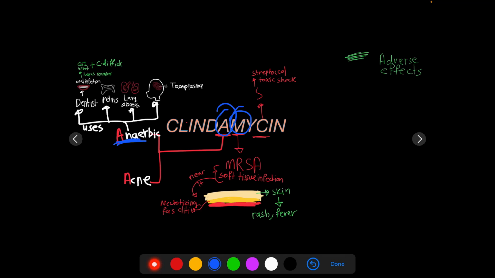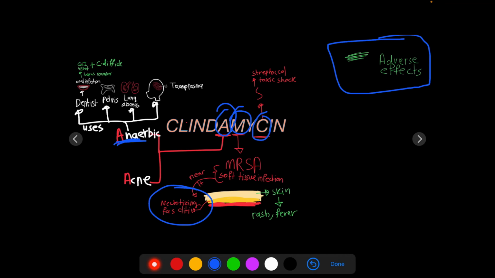For the M letter, it stands for MRSA, which affects the soft tissue. And what's near the soft tissue is going to remind us of necrotizing fasciitis, which is usually in the plantar of the foot. And if we go to the C letter, it's going to remind us of the streptococcal toxic shock that clindamycin is used against. Now, if we are going to talk about the adverse effects, which are mentioned in green,